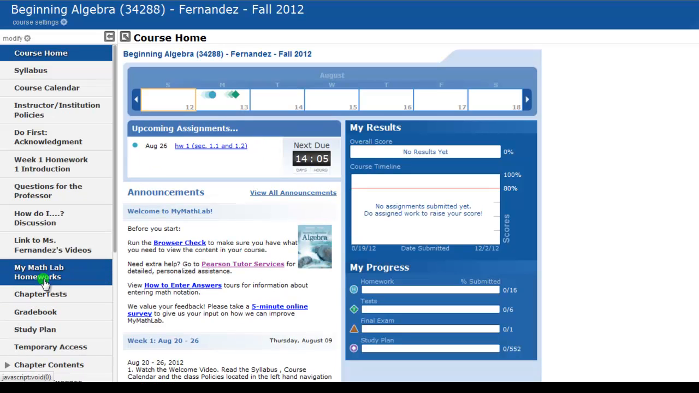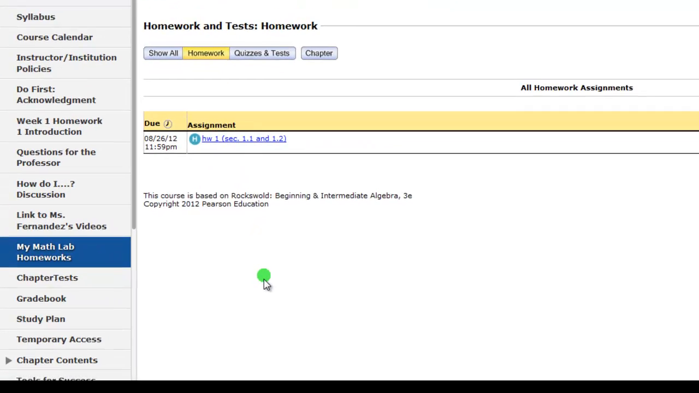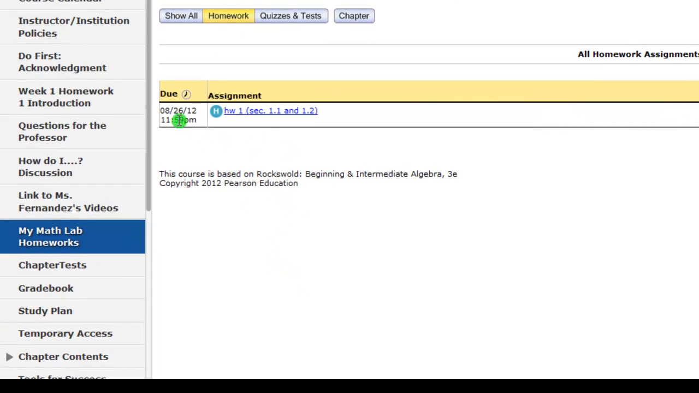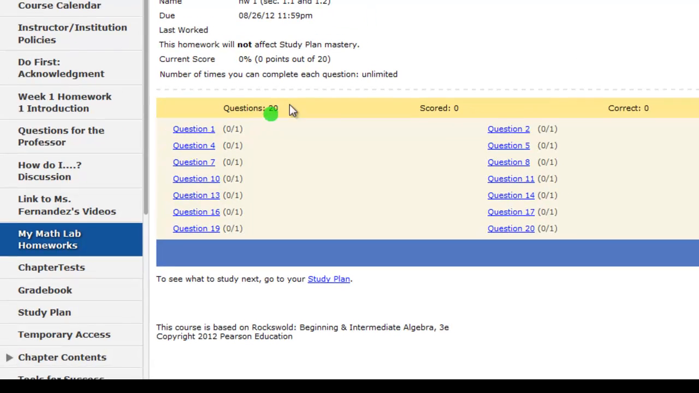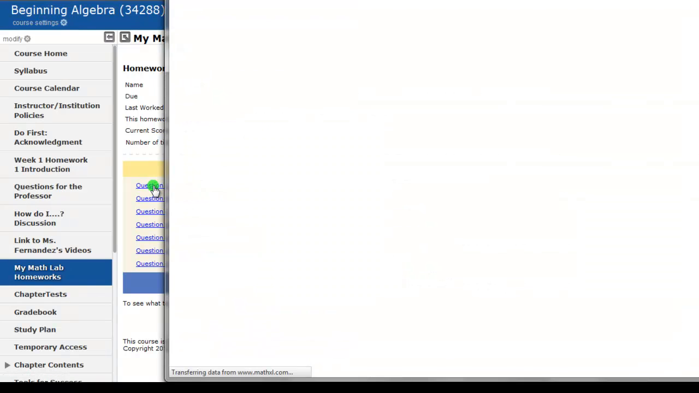Okay, now, so then my math lab homeworks, when you click here, you will see listed your homeworks for the semester and their due dates. And so right now you're only seeing the first one, but by the time you get to this, you should be able to see, or at least by Monday, the 13th, you should be able to see all the homeworks listed here. And so you would just click on the link, and you'll see all the questions. This particular homework has 20 questions, and you click on question number 1, and it brings you to this window